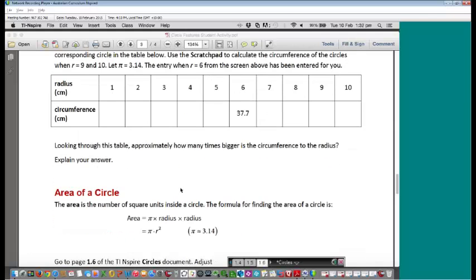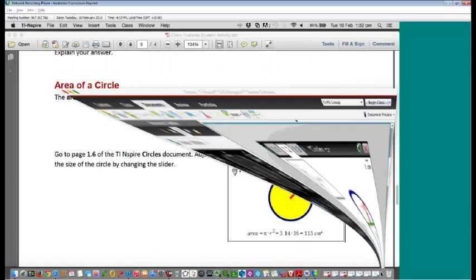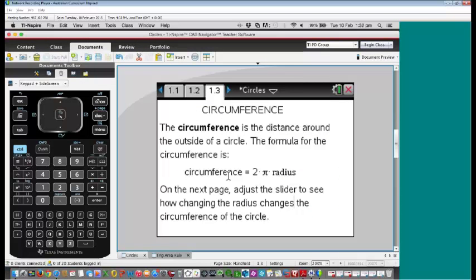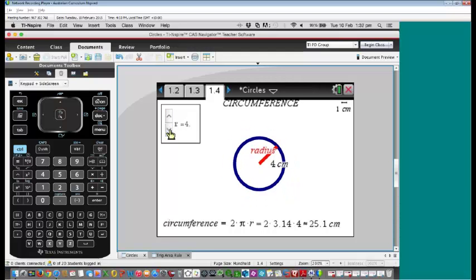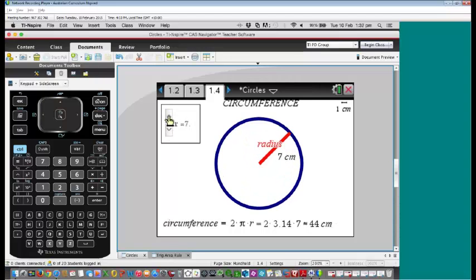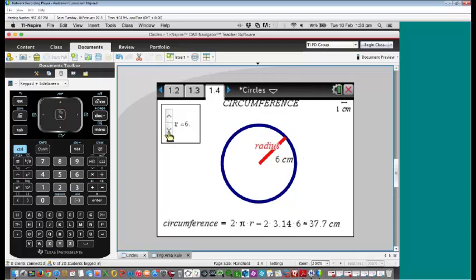The next part, if we go back to the TNS file, looks at the circumference. So it starts getting into, again, the connections, and the students can actually look at from there. So again, go to the next screen. We have a circumference, we have our radius, and at the bottom you'll notice that as I change the slider, the students can see the value of the circumference. So the students again can see straight away that there is some kind of connection, and that's where you can introduce the idea of pi. There are TNS files that actually take you through nicely the connection of the circumference divided by the diameter and gets into that information. So again, if we come back to the students' handout,